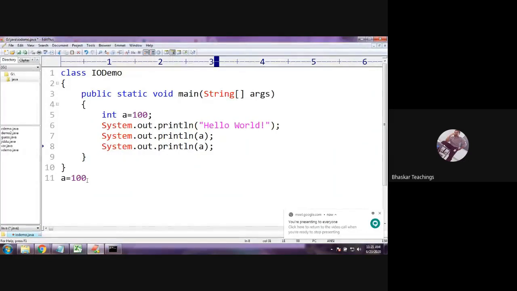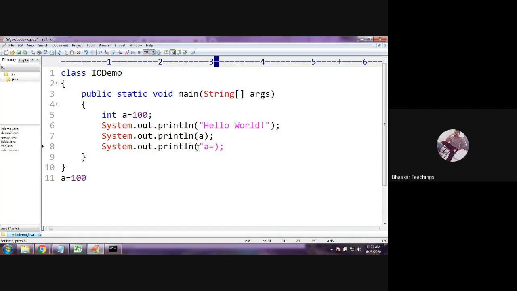So here, I want to display A equals to 100. That means, listen, A equals to is a string and 100 is the value inside the variable A. Here you need to see only this thing is the value inside A. But A and equals to, these two are string itself. Therefore, mention it as string.